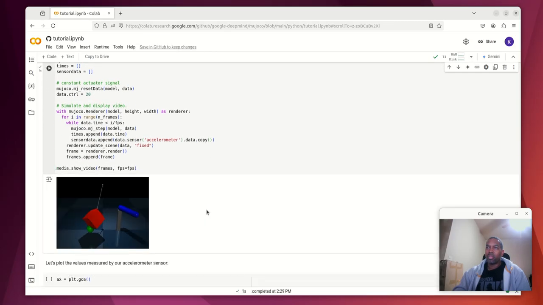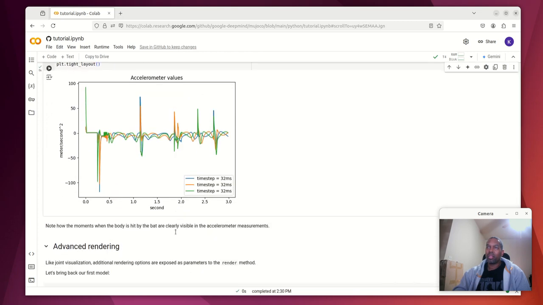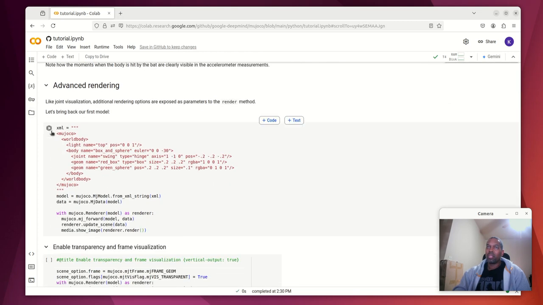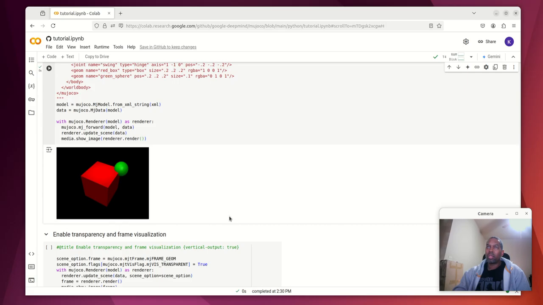And this is, yes, what's going to happen when you actuate. Very cool. And so then you can plot again, and then you can see going to advanced rendering. So here we go. We're back again with the red box,